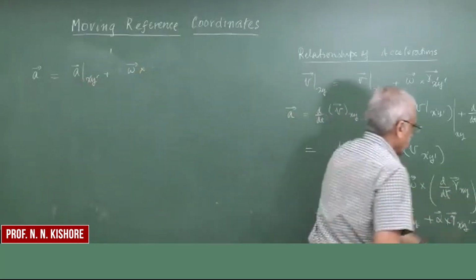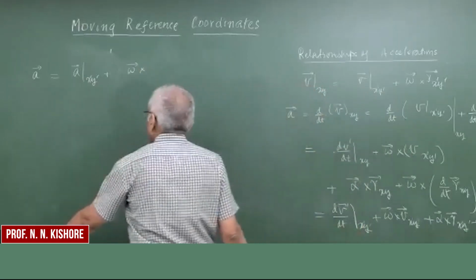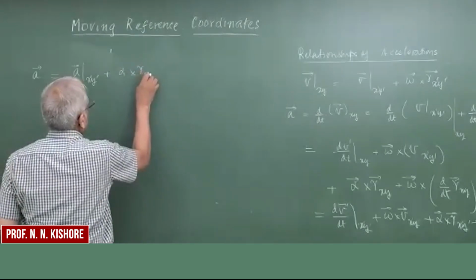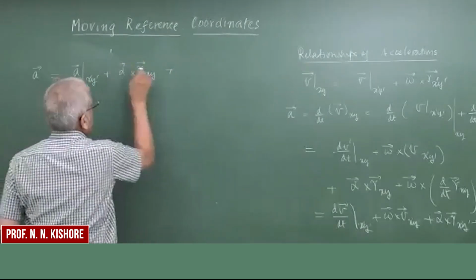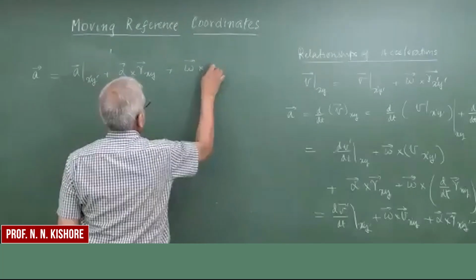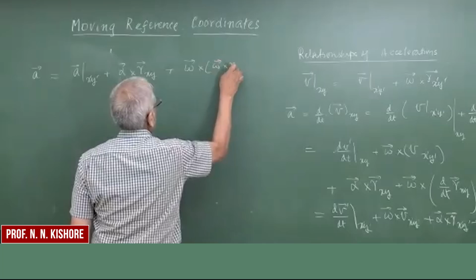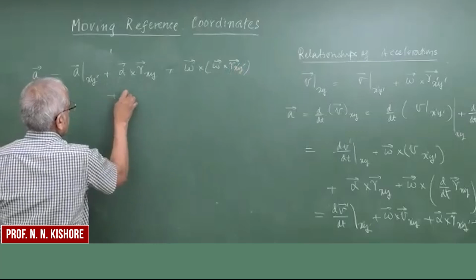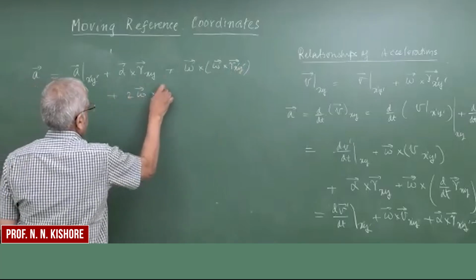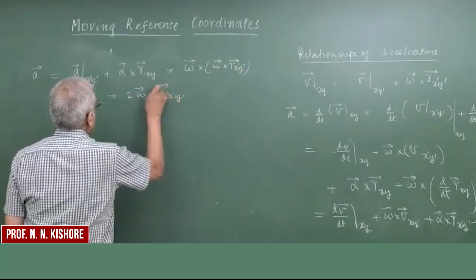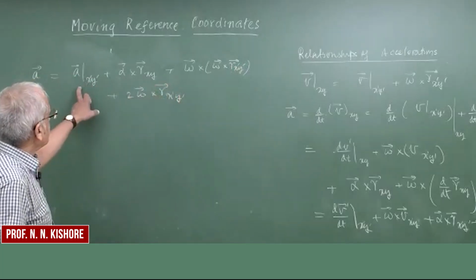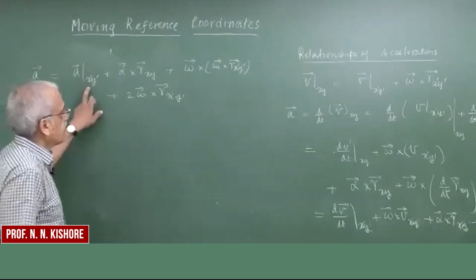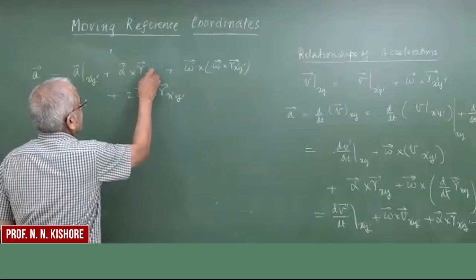Omega cross vxy is occurring twice, so I will put it at the last. We will spend time on this one. So I collected all the terms here. This is the acceleration of the particle as observed in the x prime y prime frame, while this alpha cross